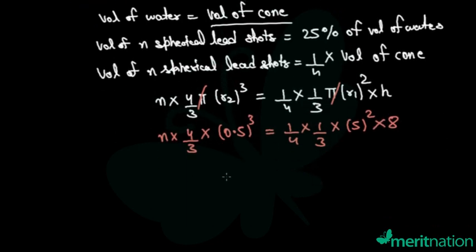Let's cancel out this 1/3 as well. So n would be equal to 1/4 into 5 square into 8